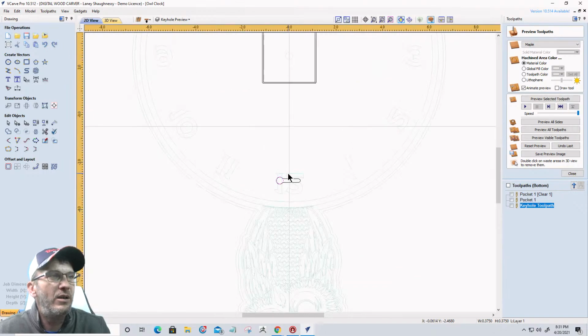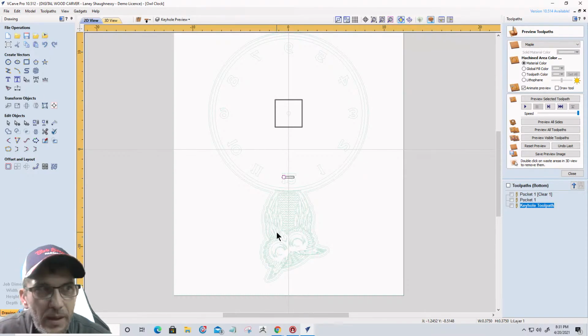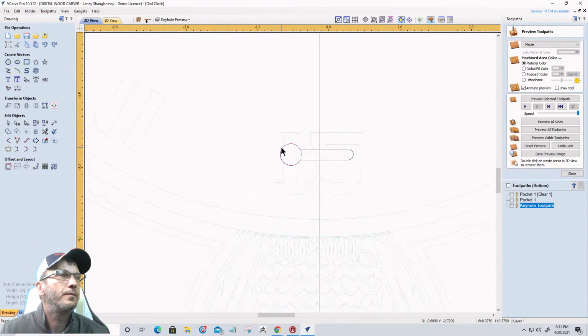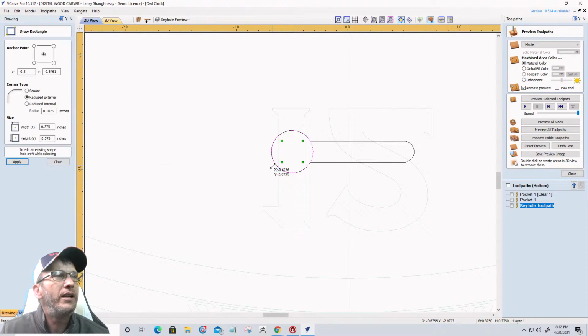Okay, so we got a little keyhole slot for hanging the clock, and we've got our little quartz thing, whatever it may be. Now, what do we do if we don't have VCarve Pro or Aspire and we're working in desktop and we want to create a keyhole slot? Here is what you're going to do. You are going to draw a circle where you want the entry hole to be,